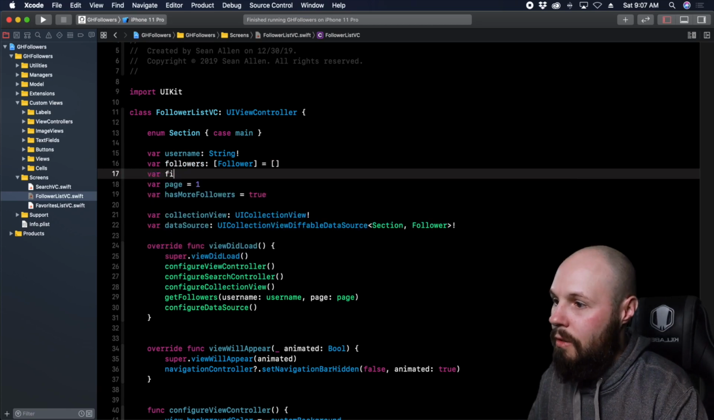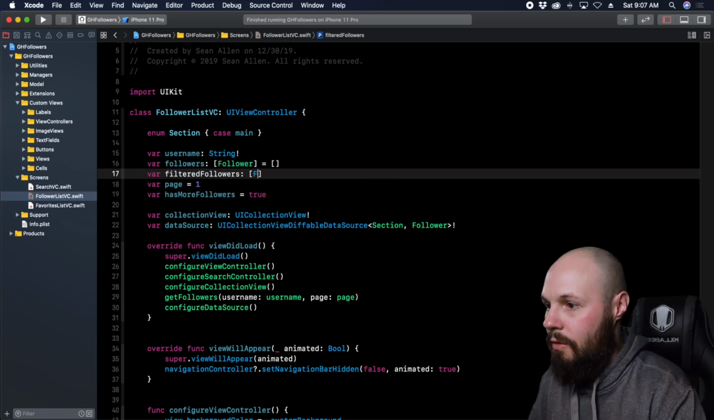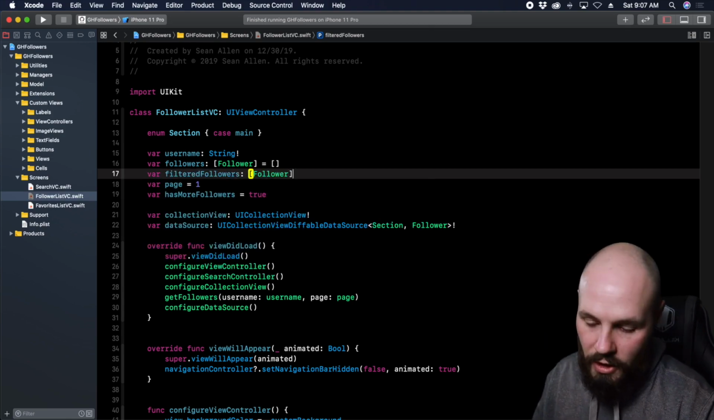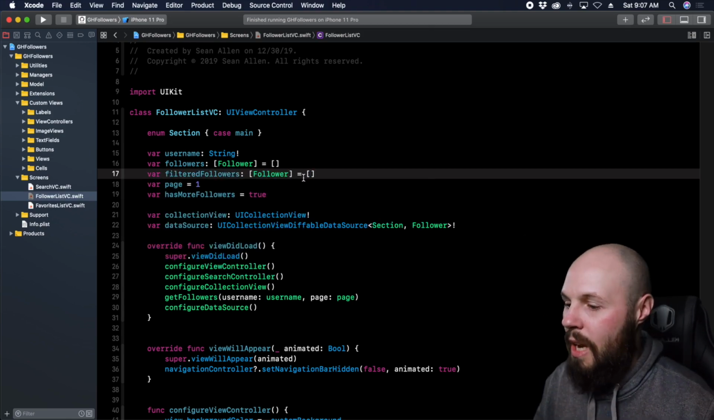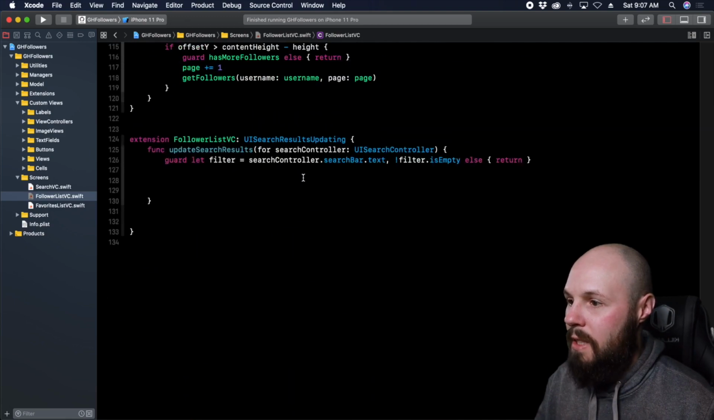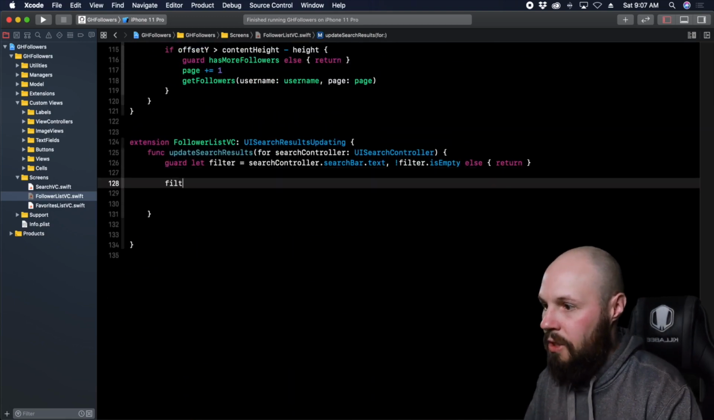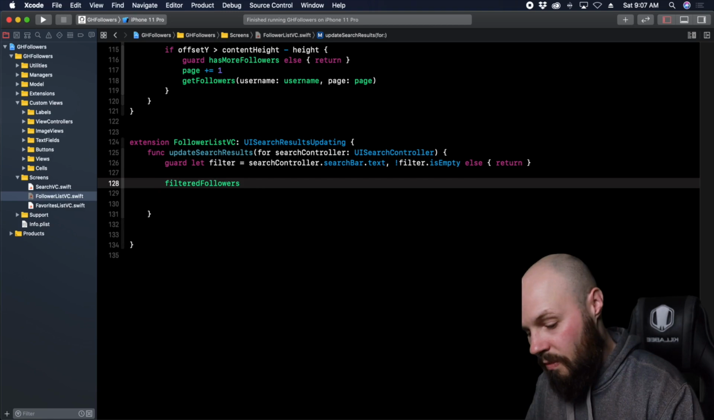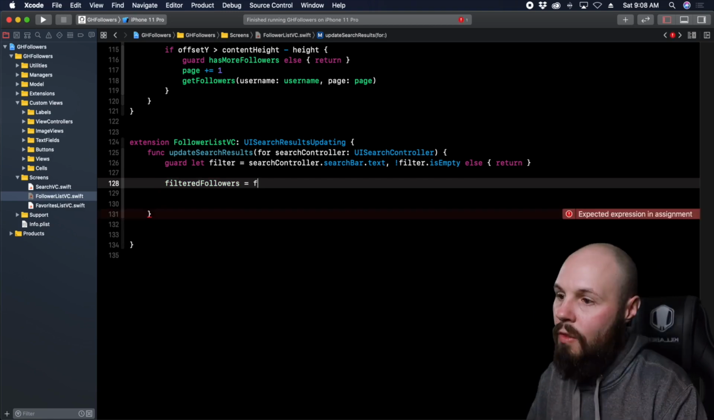So let's create that array. So var filteredFollowers, and it's an array of Follower. And we're going to initialize that as an empty array. So now that we have our variable filteredFollowers, back down here, we can do filteredFollowers equals, here's where we're setting it, followers